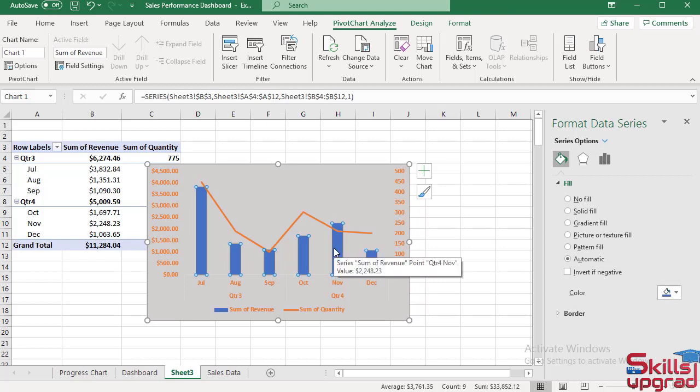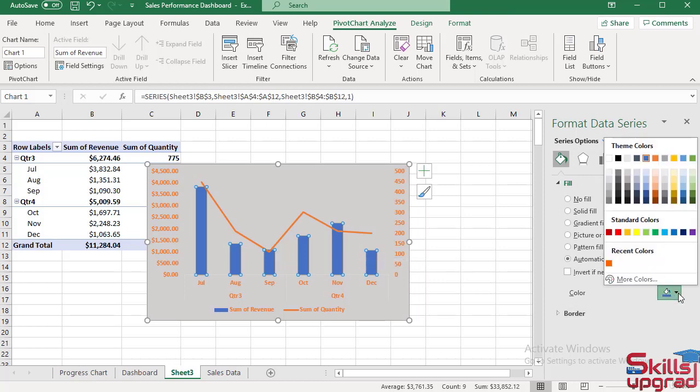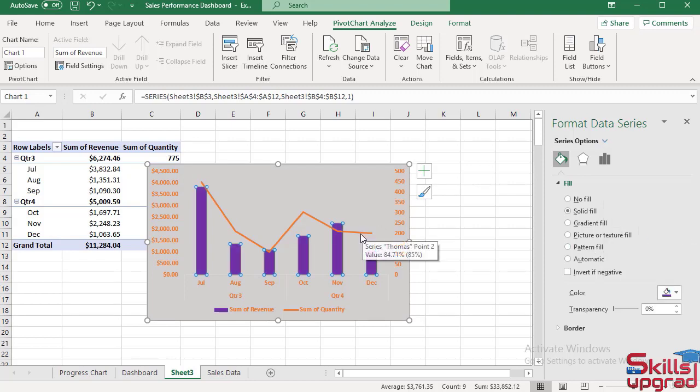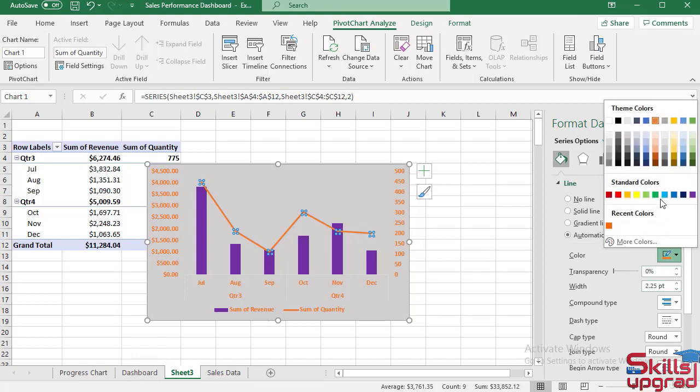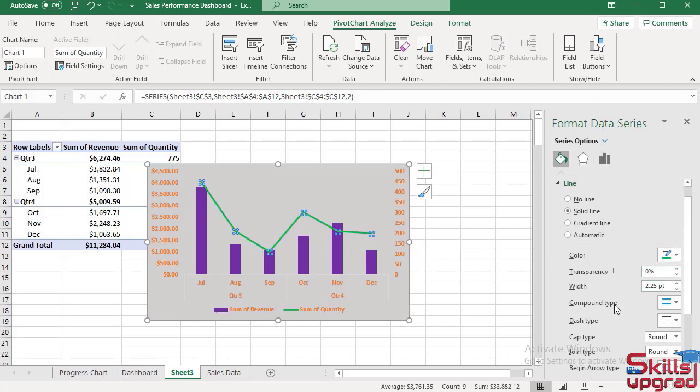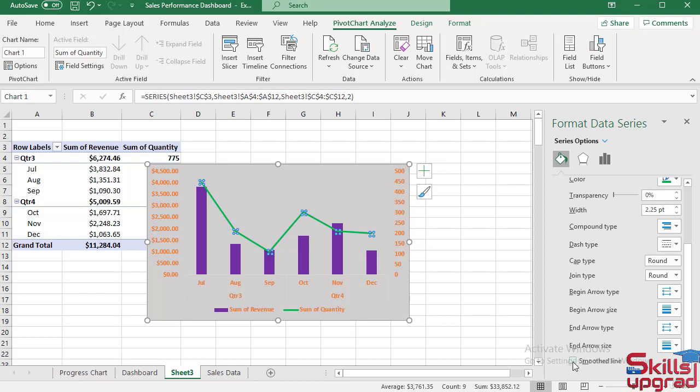Click on series. I change the series colors, this color. I also change the line colors, this color. Scroll down, select smooth line,